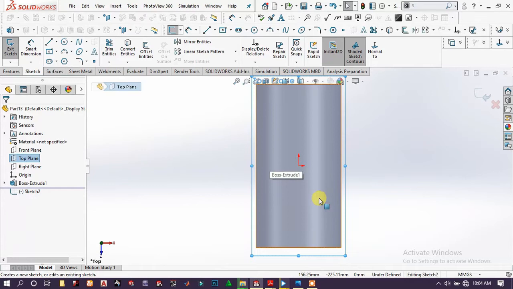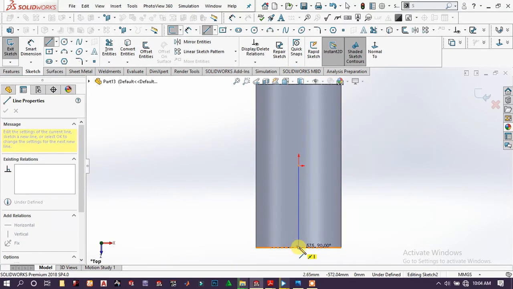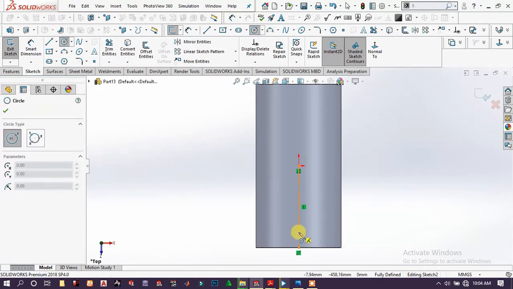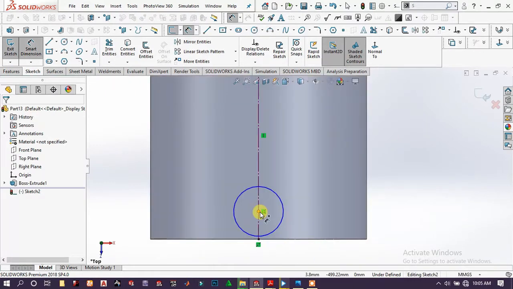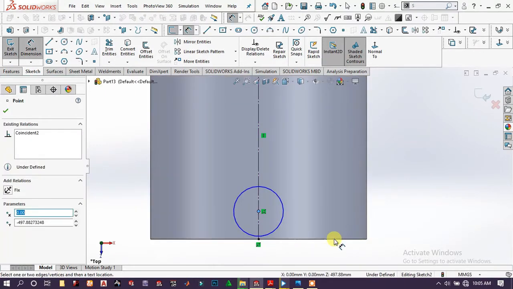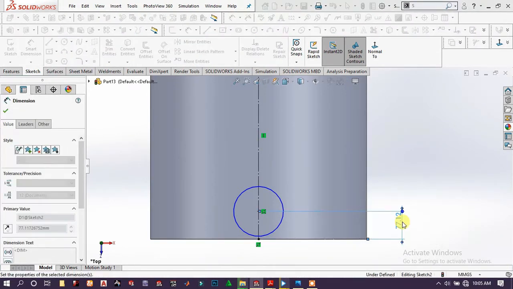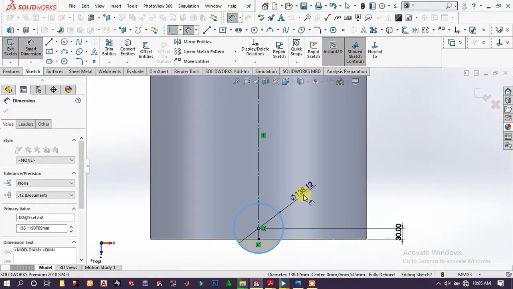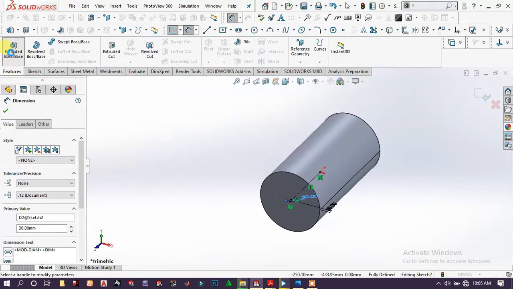Then choose top plane sketch, draw a line. From this, right click construction geometry, draw a circle, type a dimension, 30 mm, and specify the dimension of this circle around 30 mm diameter. Go to features, extrude boss base,